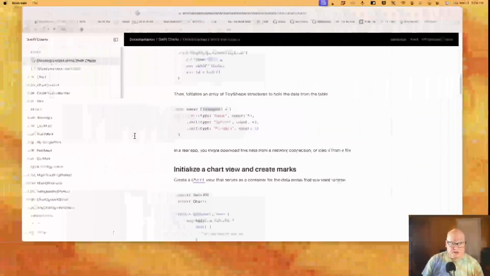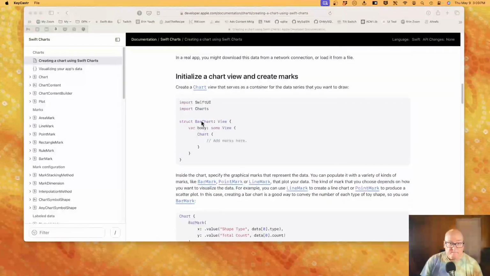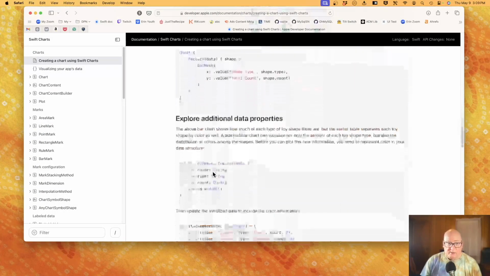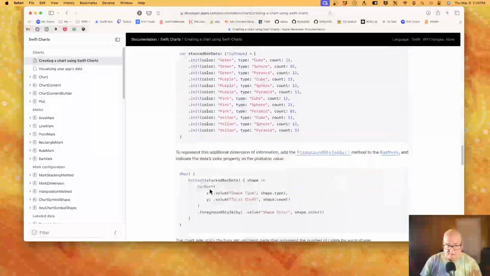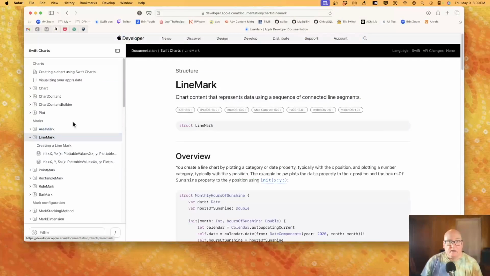The chart stuff, that's the one they're creating. We just do a chart, and then bar mark. We can do a for each and get the marks. It's not bar mark though; it's point mark, I guess, or line mark. Yeah, connected line segments.